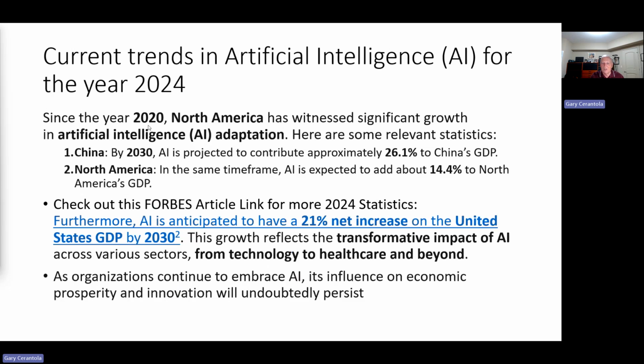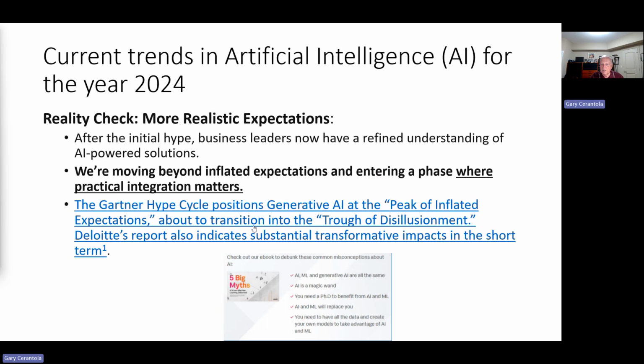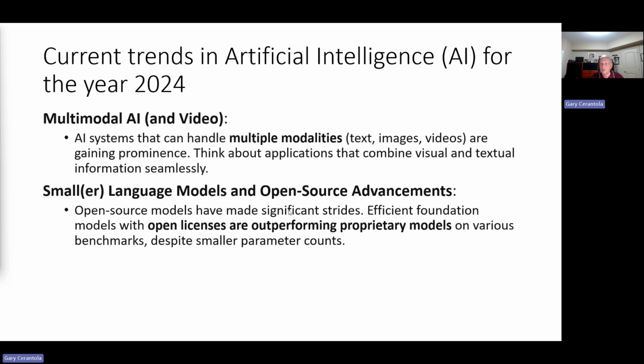All right. So since 2020, North America has witnessed significant growth. And you can see here that, look at this, China by 2030, AI will represent 26.1% of China's GDP. And look at where North America is going to be at the same time, way behind. And guess what? This number is so low because of Canada's productivity. This is a North America figure. So you've got to take that into consideration that we're going to get left behind in Canada if we really don't introduce AI to leverage our productivity. A little more stuff around this piece.